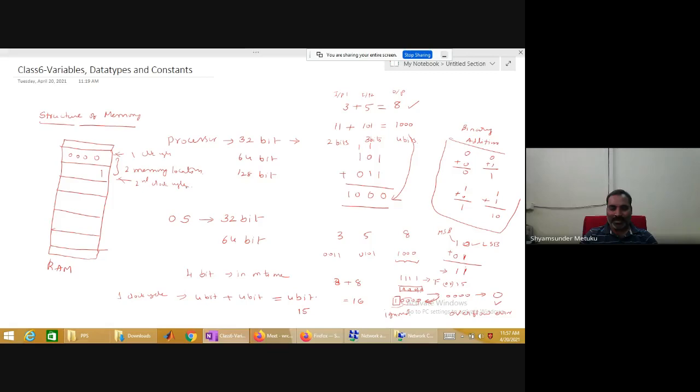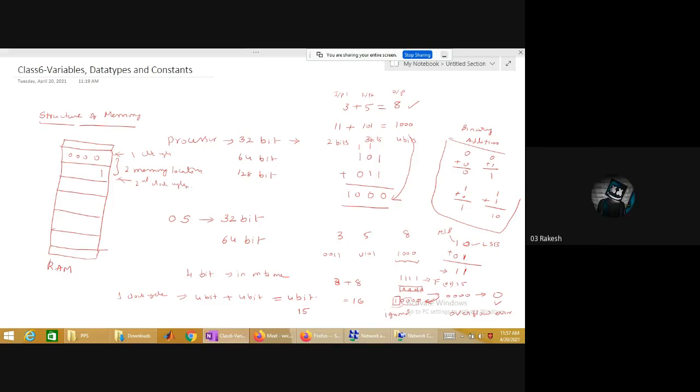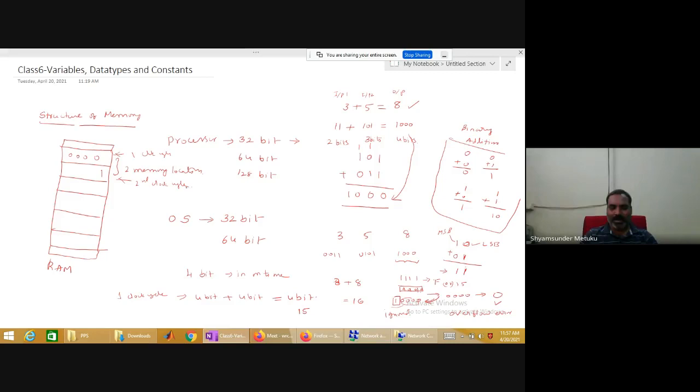So the first trip is considered as the first clock cycle, and the second trip is considered as the second clock cycle. Are you able to understand? Yes, sir. So it's a very simple rule. A lower bit processor can still perform high bit operations, provided it takes multiple clock cycles. In a single clock cycle, a 4-bit processor can perform only 4-bit inputs. Yes or no?